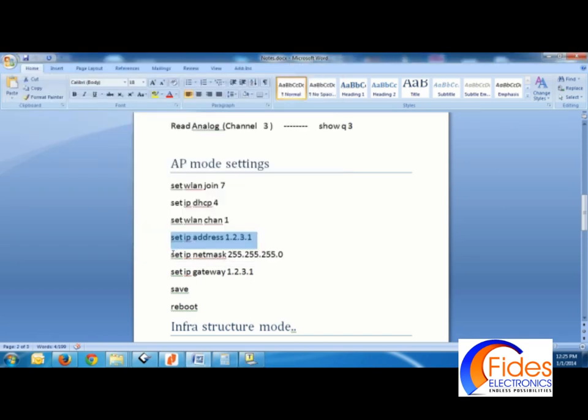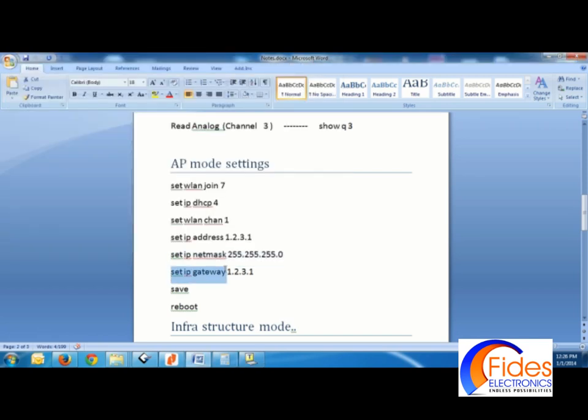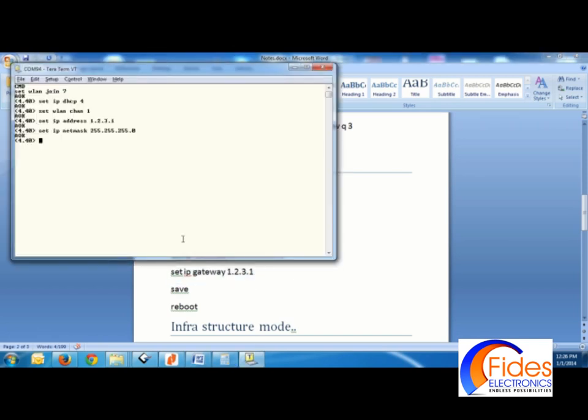Set the net mask as 255.255.255.0. Set IP gateway same as the IP address. Save. And reboot.